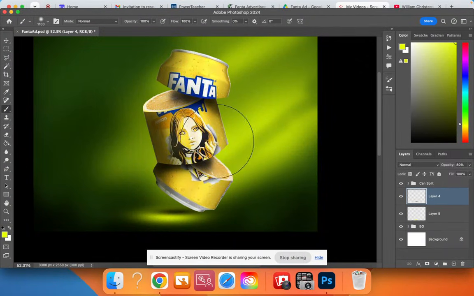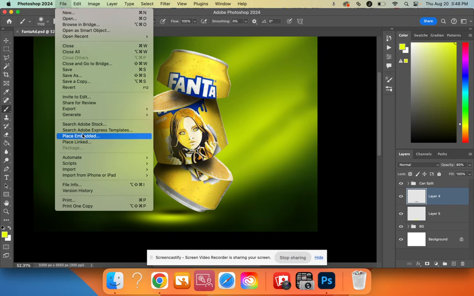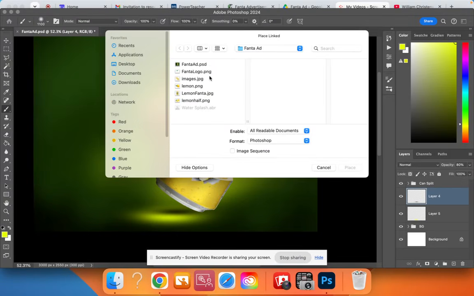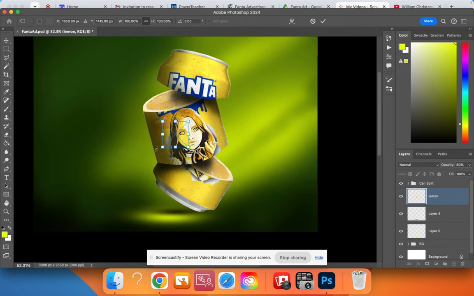All right, so now that we've got this so far, let's go ahead and come right up in here and go File, and then Place Linked, and we're going to choose our lemon PNG, and we're going to place that. Right now we have this. This is going to be right here because we did not change layers,